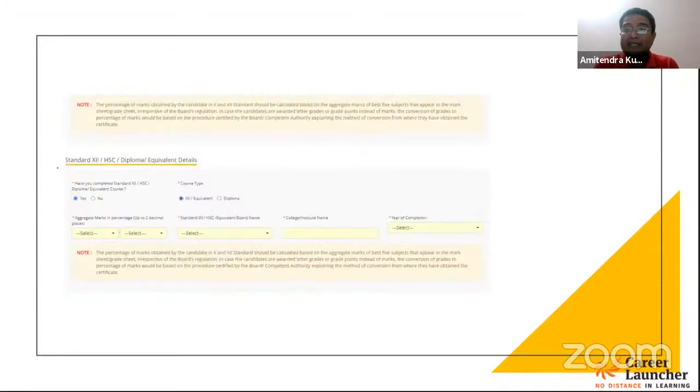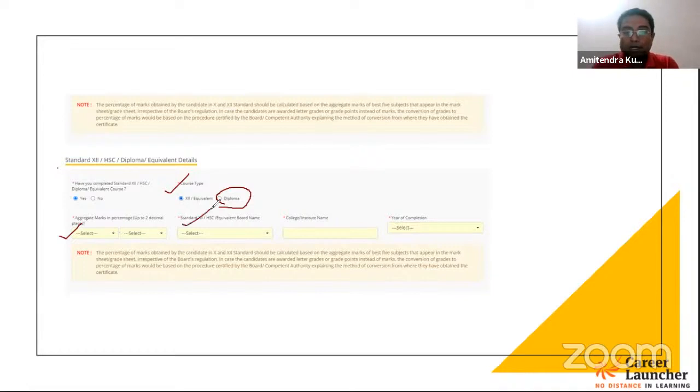So if you selected yes, for example, somebody who has already completed the class 12th board, the moment you select yes, then it will ask the course type. So whether it is a class 12th or equivalent, which means your board calls it a class 12th or HSC, whatever the case may be, or you have done a diploma of 3 years after completing your class 10th. And if your diploma is considered equivalent to class 12, then you can also apply basically. So for such students who have already completed their class 12 boards, you have to fill in your marks again like you did for the class 10th.